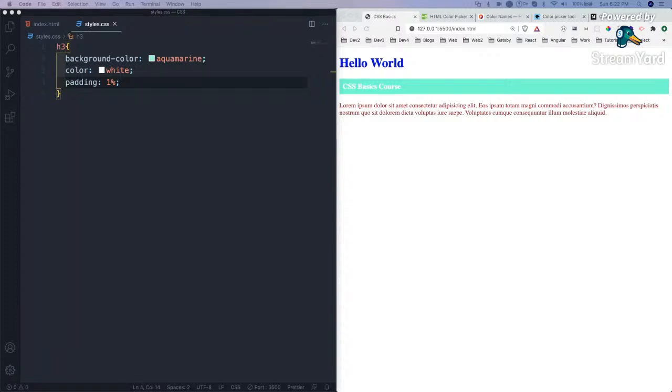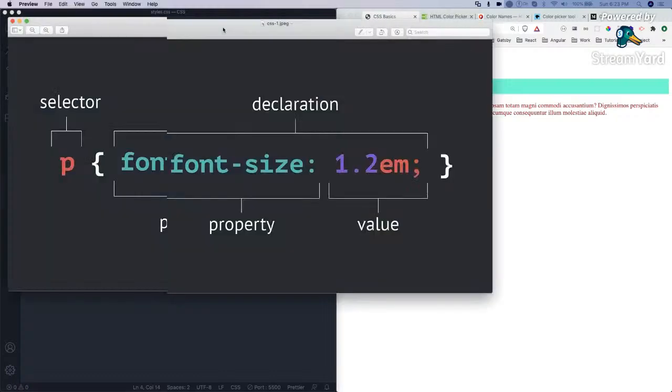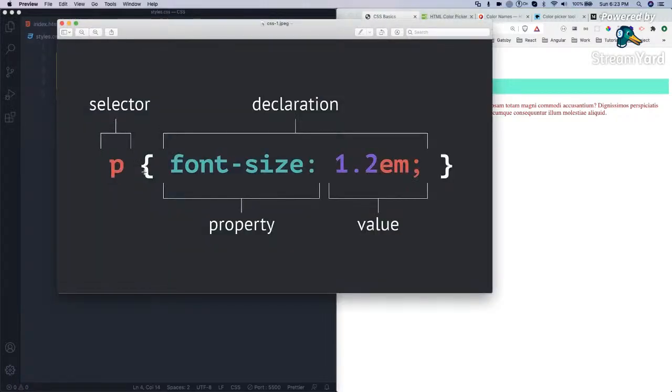One thing I want to tell you is about the CSS selector, what we have seen right now. In this diagram you can see that whatever we're targeting is known as the selector. Inside the curly brackets, what we are doing is known as a declaration. Then there is the property, and there are hundreds of properties in CSS.